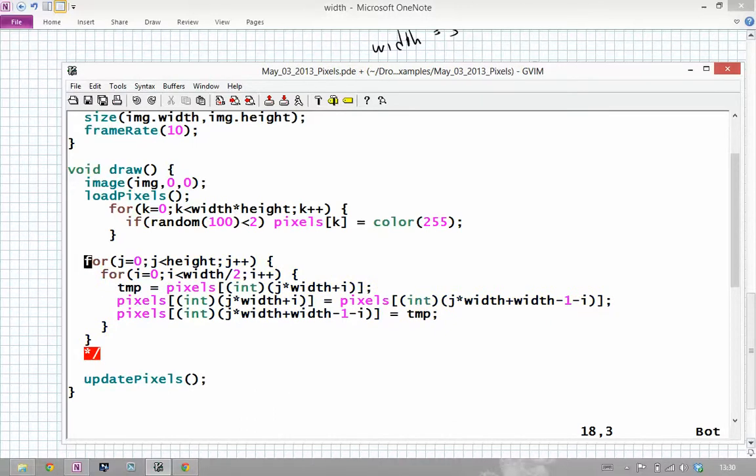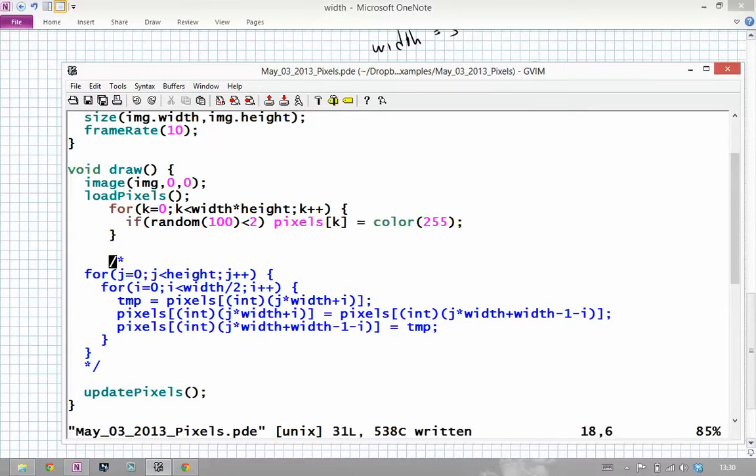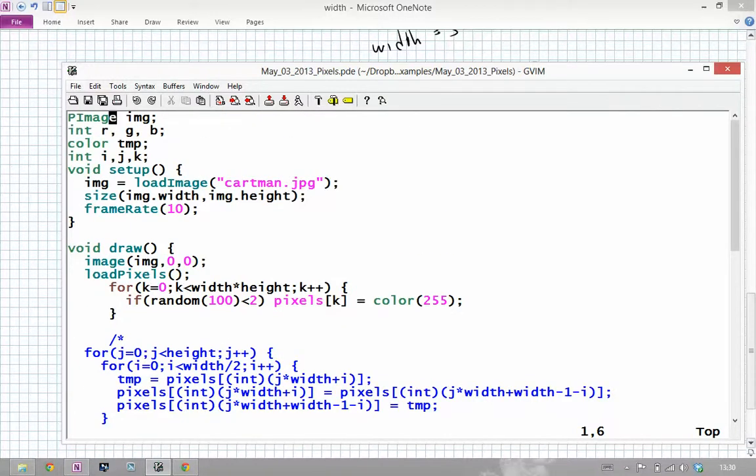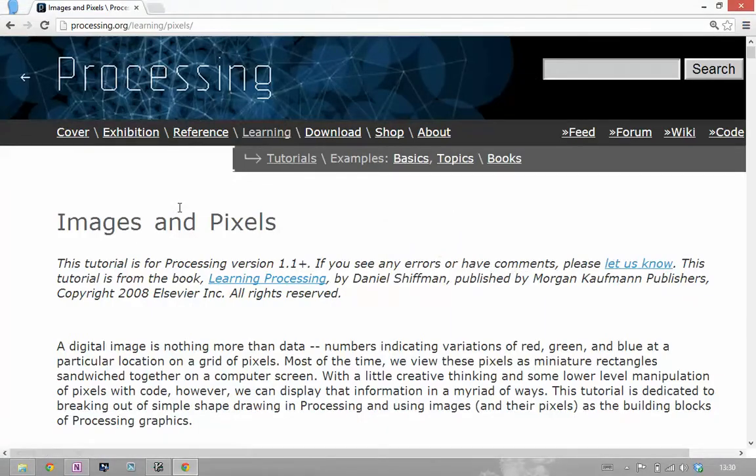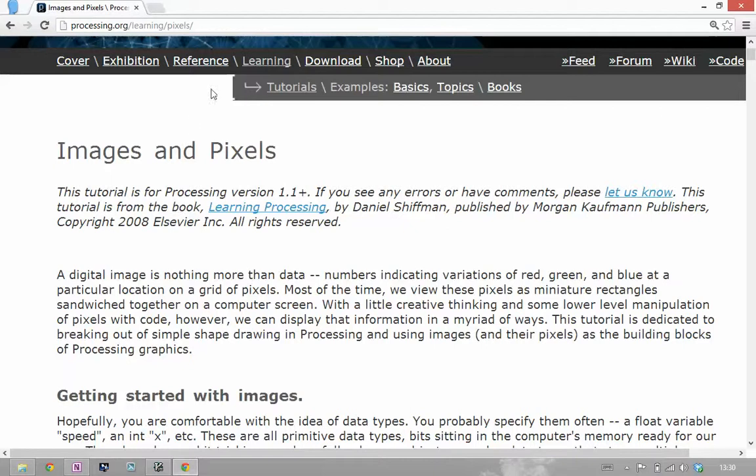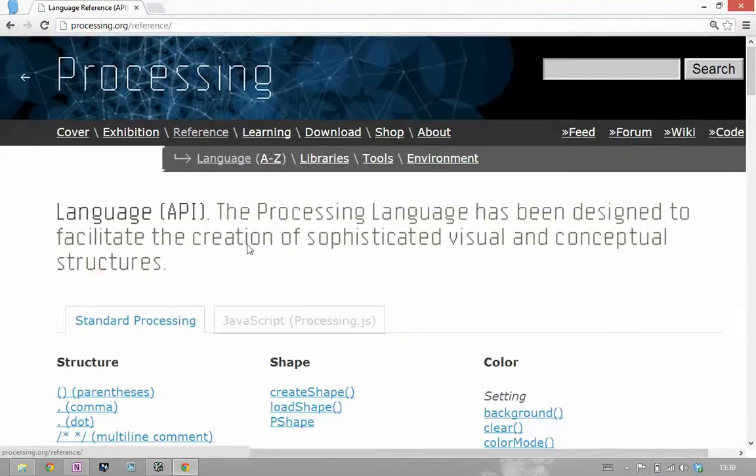On the sparkle one though, could you just change the transparency of the color? Is there a way to do that? Yeah, I could do that. It's not like you could say color equal probably something in color. Yeah, you know what the problem with that is? And let me just bounce back and I'll show you and you can read about it. And if I have time, I promise to talk about it. But if you read about the image object, the PImage object here,